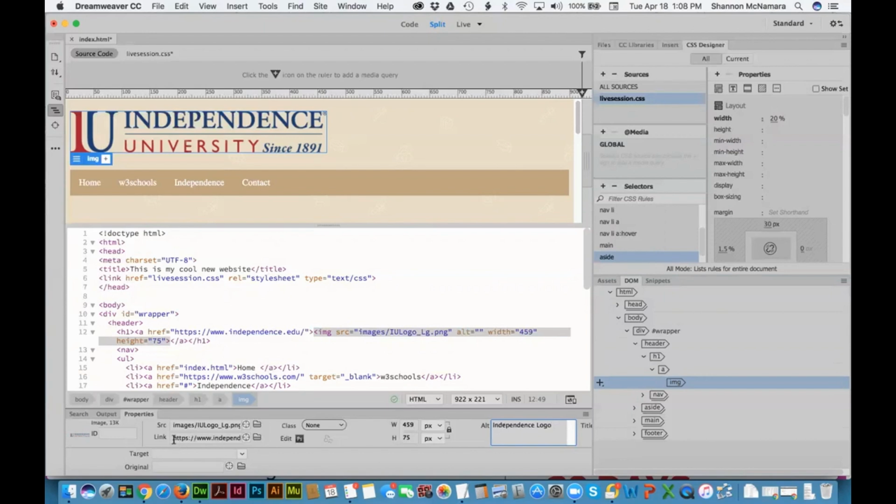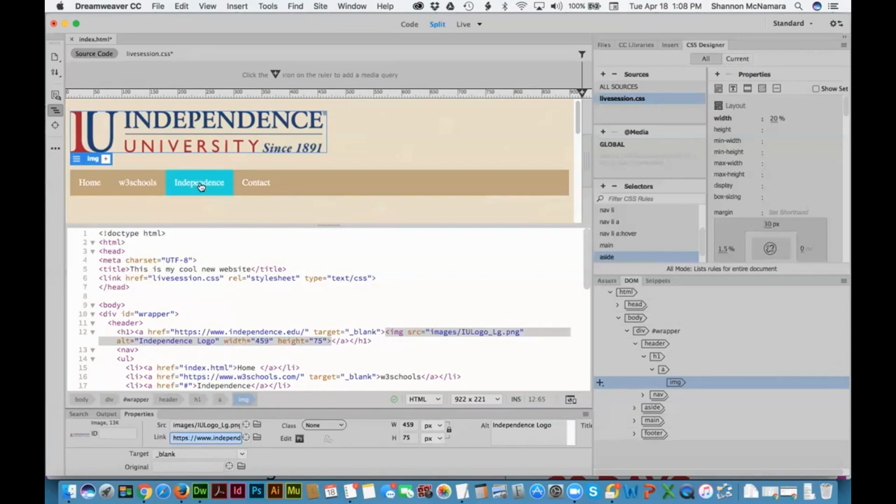And then because I created that hyperlink for the logo, I want to do that target blank again like we did yesterday. So underneath, or it might even be over to the side, I'm going to select target blank. So it opens up in a new tab because I don't want to send users away from my website. Got it. All right. Now, I want you to copy that URL for Independence again, because we're also going to fix it up here in our navigation because we put in a dummy link,